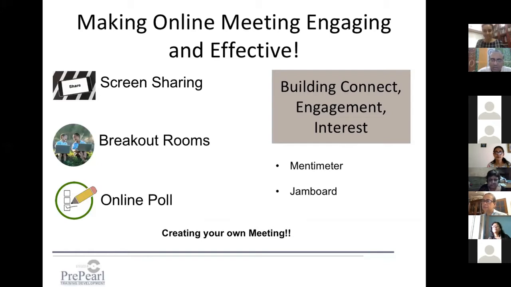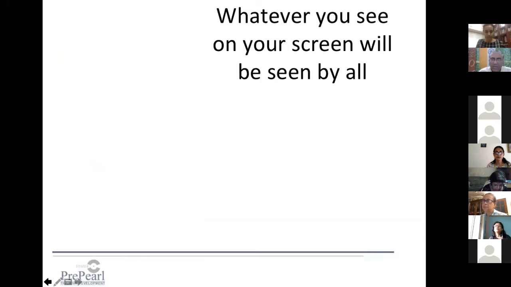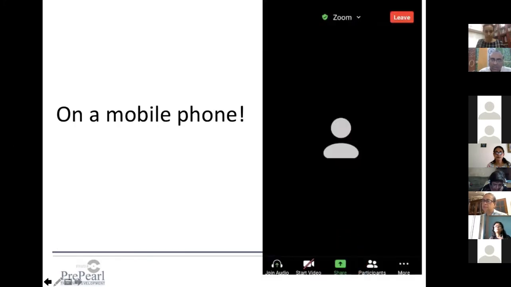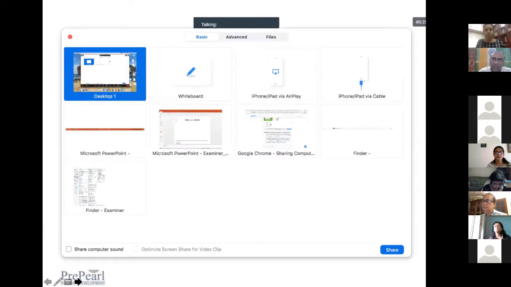But the problem with Google Meet is that even I was facing the same problem: you can share a video, but it doesn't share the audio. I checked all the right boxes and set up all my settings, but for some reason it was not sharing. It works on some people's computers. Some of my Sunday school teachers are able to use it without a problem, while some of the other teachers are facing a problem with Google Meet. So we have actually still not figured out why it works for certain people and why it doesn't work for others.